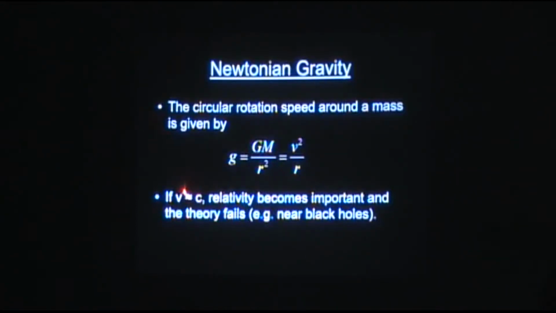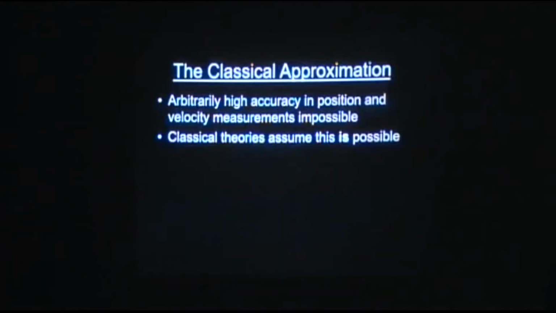For example, if v is very high, close to the speed of light, then we know that there are going to be special relativistic corrections. Right? So it's not always exactly correct. But I haven't said whether quantum mechanics might affect the result as well. So these are the two major breakthroughs since the time of Newton coming up with this theory, right? So what could that do about this particular problem?